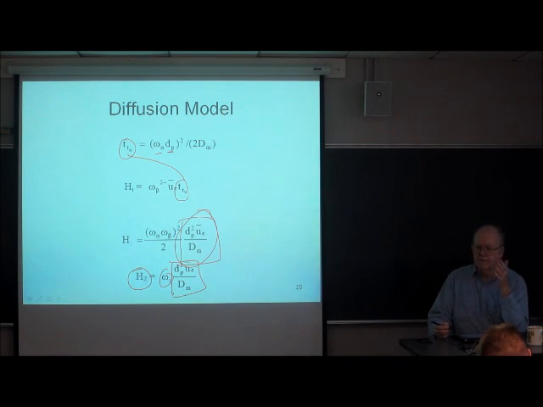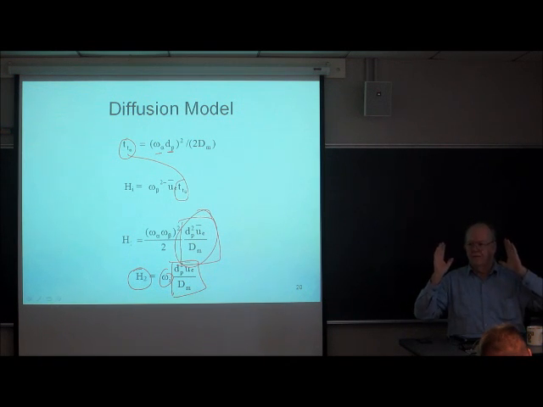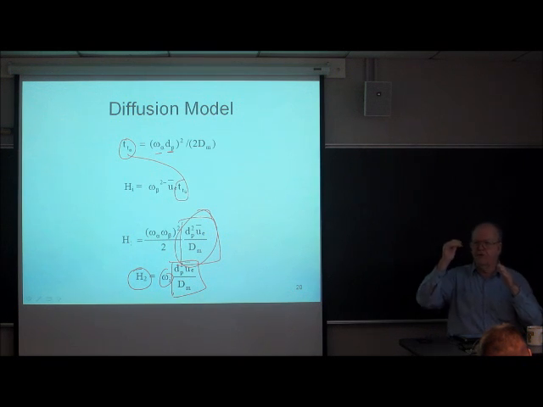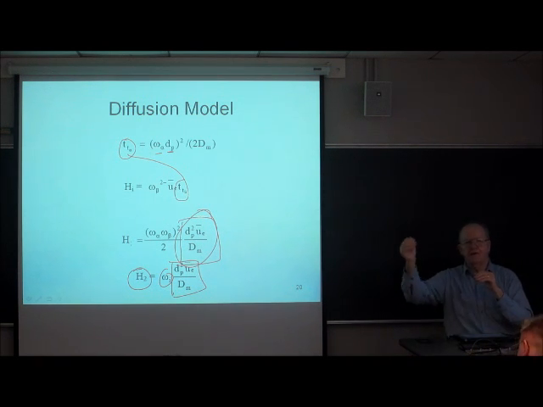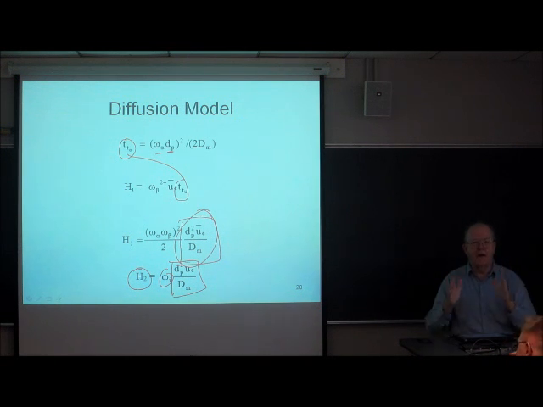Now, Giddings then came along maybe another 2 or 3 years after the diffusion model was put out, and he said, both of these things are going on simultaneously. What that means is that there are 2 parallel paths or mechanisms by which a molecule can get from flow stream 1 to the average flow stream. It can be convected there, it can be pushed by the fluid flow, or it can get there by diffusion. They're parallel paths. So what he did was to add together